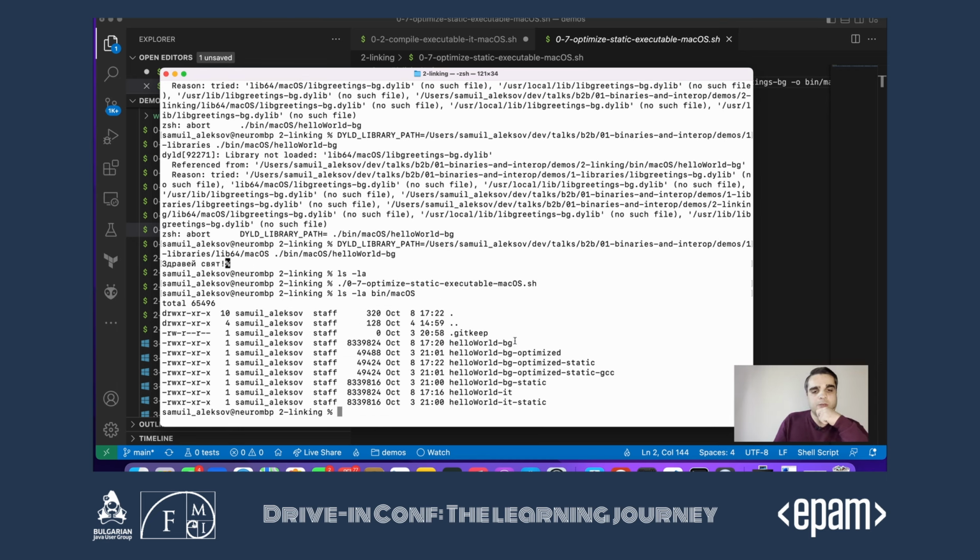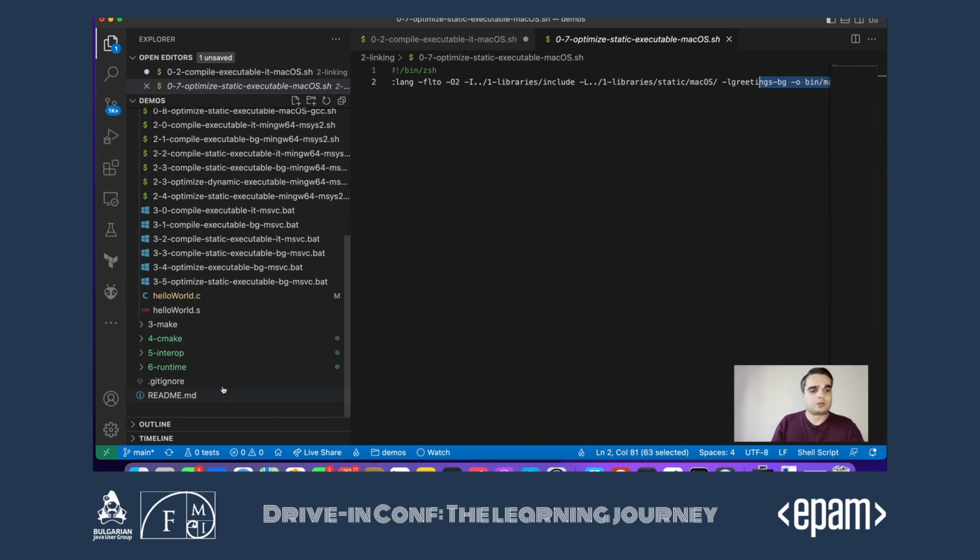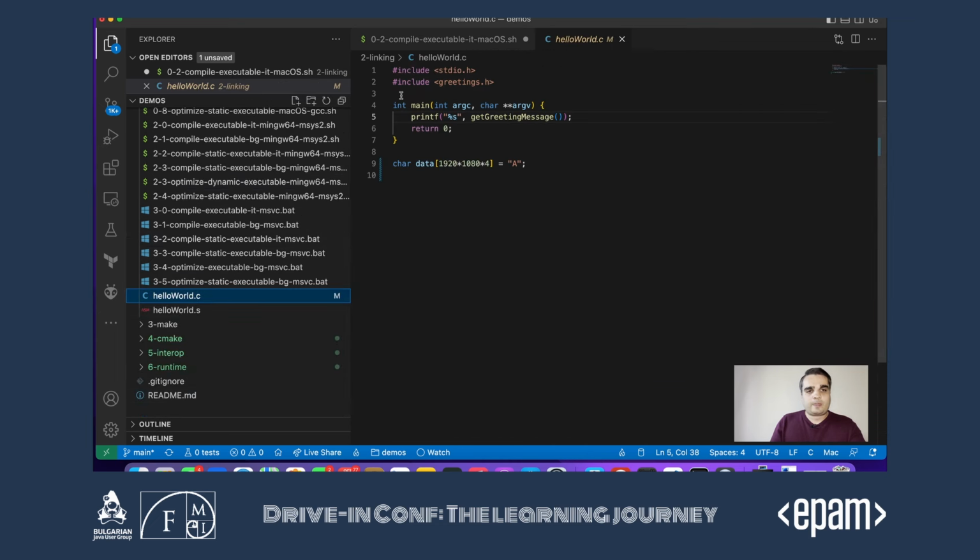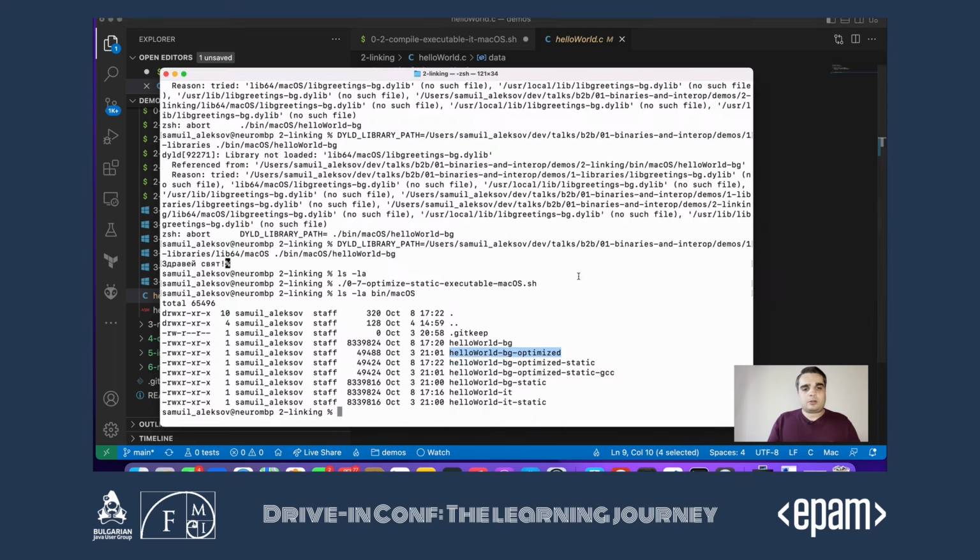So we didn't optimize away the garbage. And additionally, it's going to load the BG library, which has another 8 megabytes of garbage inside, and this would be 16 megabytes of non-optimized code sitting here. Now, if we enable the optimization flags, it can actually see that our hello world code here does not use this data storage, data variable, and it can optimize it away.